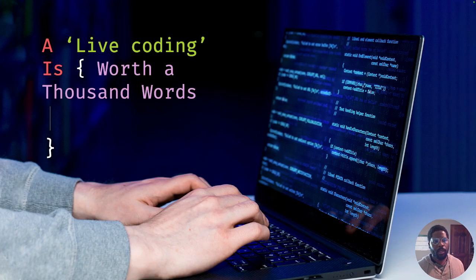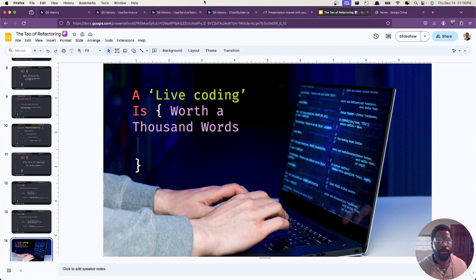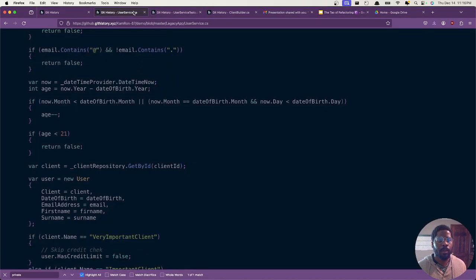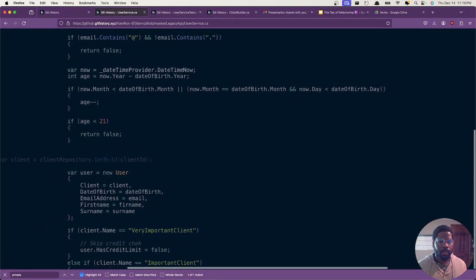So once again, like I said, this was going to be a short introduction. We're going to move to the next section. This section is going to be a very short demo of a refactor process. So here, we're going to look at